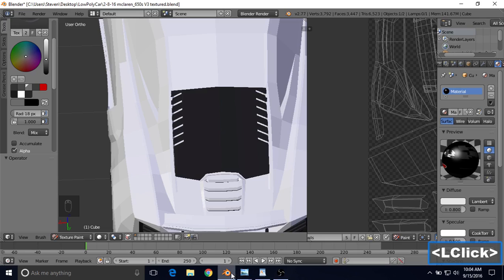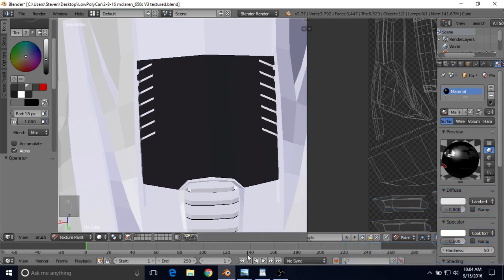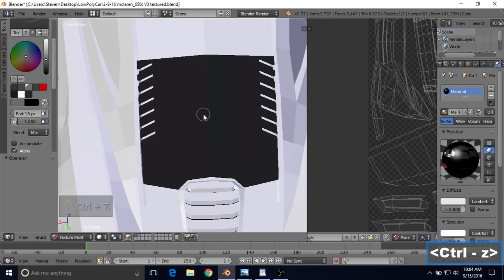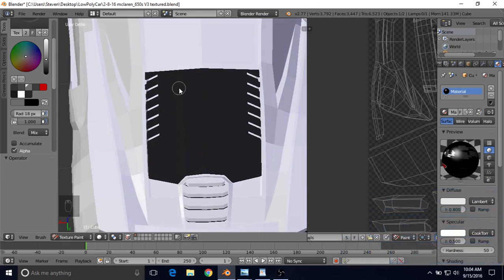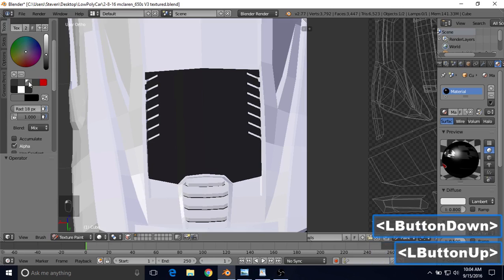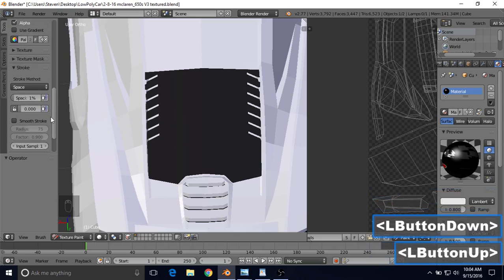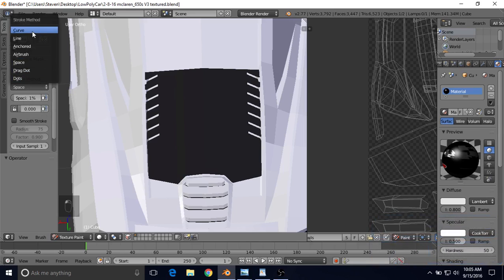So we'll have to do this. There's a couple ways to do windows. One is simply to paint it like we just did. That's a really simple and basic way to paint it. But a better way to do windows in most cases, just make sure your thing is selected, is to go down here and we have our stroke method. Currently it's on space. We can change this to curve